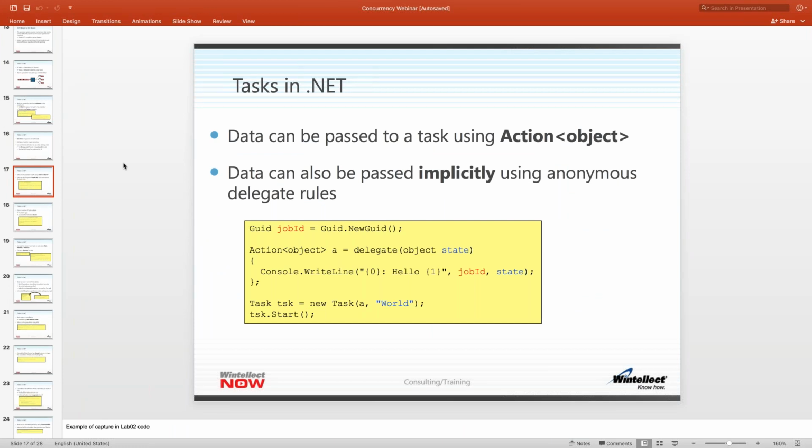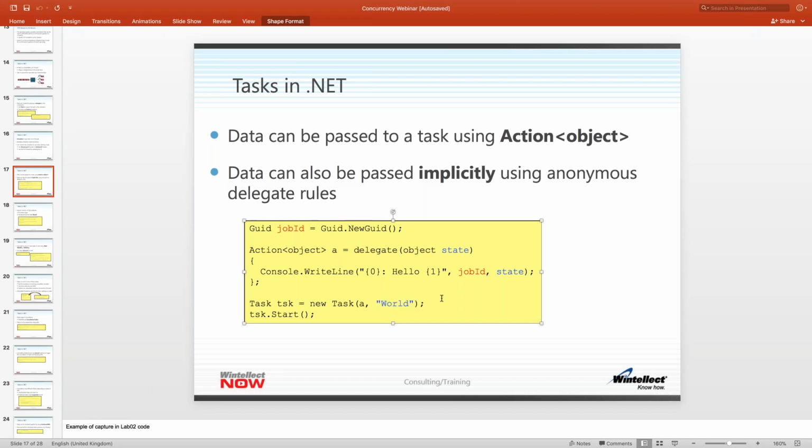So how do we pass data to a task? I just had it run a function, but what if I want to pass some data to that function? Well, one thing I could do is create our task, and instead of giving it a function that takes nothing, we'll have it be a function that takes some object. Then when we create the task, we can tell it, here's the function to run, and here's the parameter I'd like you to pass to it. It could be anything. It could be a dictionary or some object, whatever it happens to be. So this is one way that we can pass data to a task